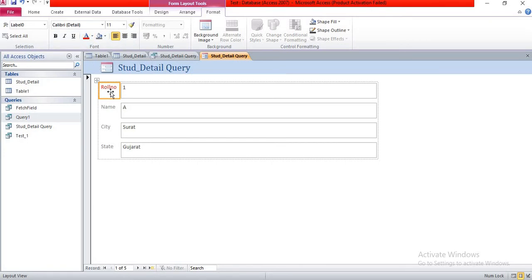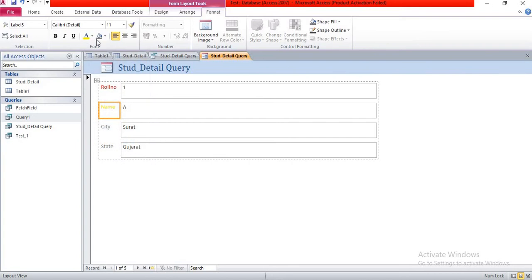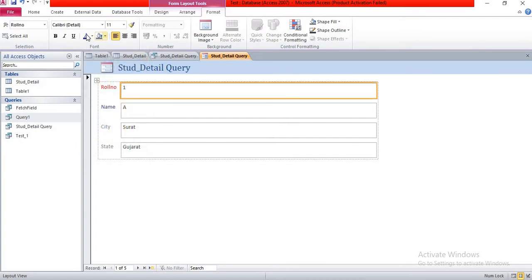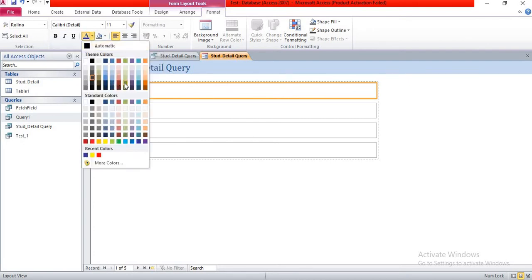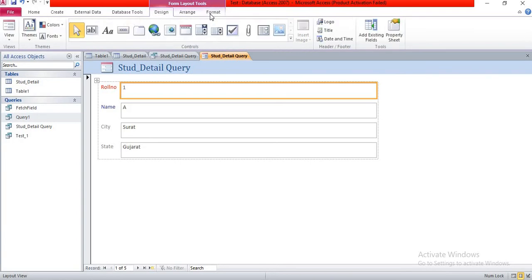So roll number color is red. Now suppose I want to change the name color, so you can select one color, yellow. So you can see here. Suppose I want to change this color. So you can change the form layout using the format menu and design menu also.